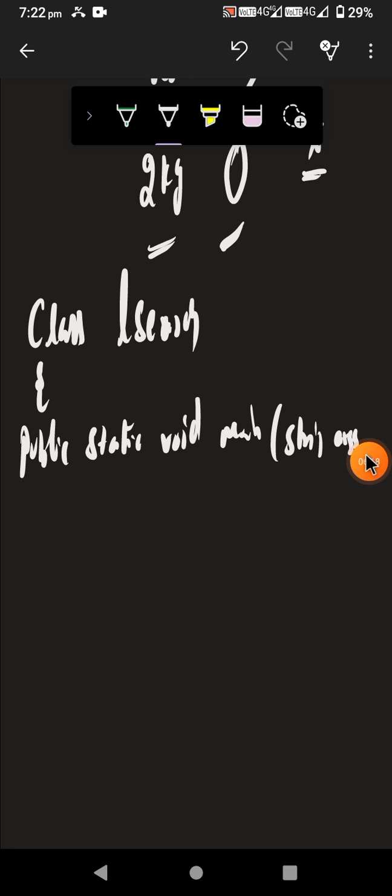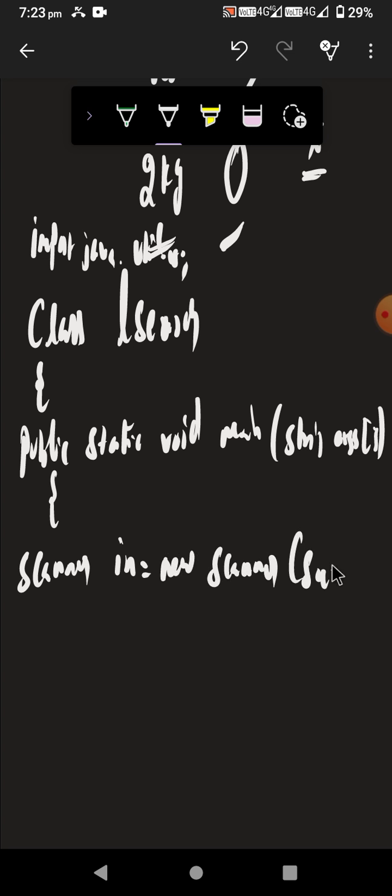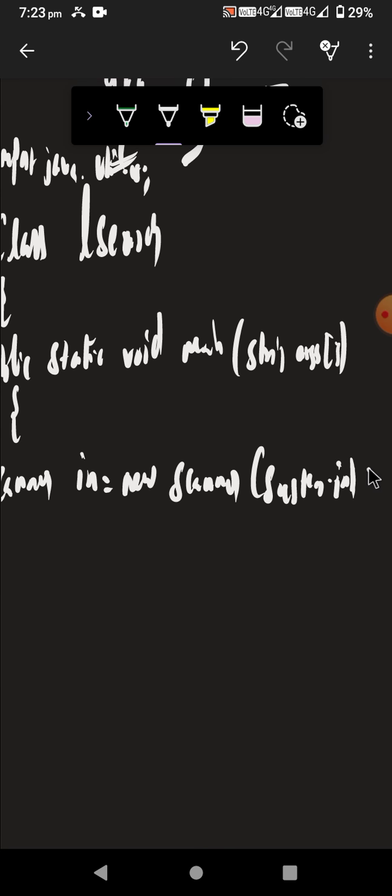Okay, this is a little bit you can take. Okay, open. So anyway, for the goodness, I will take the dynamic input, that will be helpful for you. So import java dot util dot star. This is the util dot star you can add. Now the Scanner class I am declaring. Scanner in is equal to, anyway this name you can give anything, in Scanner you can give system dot in. Okay, system dot in. Don't forget system dot in.